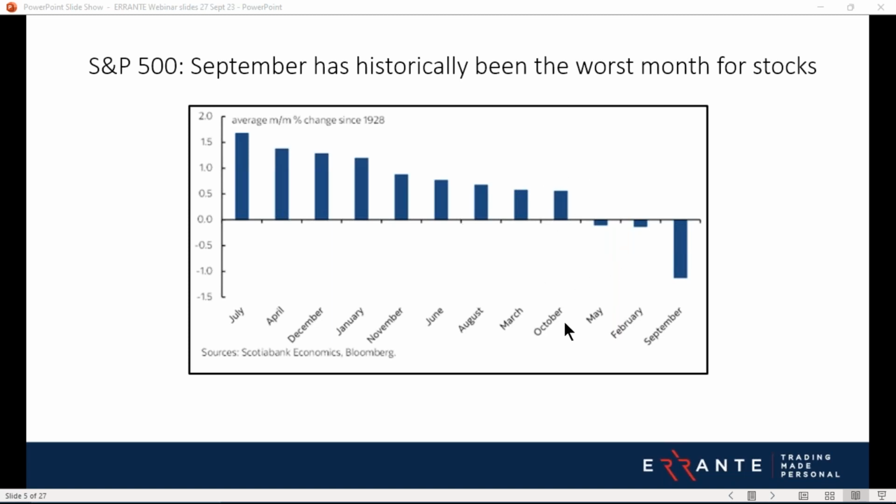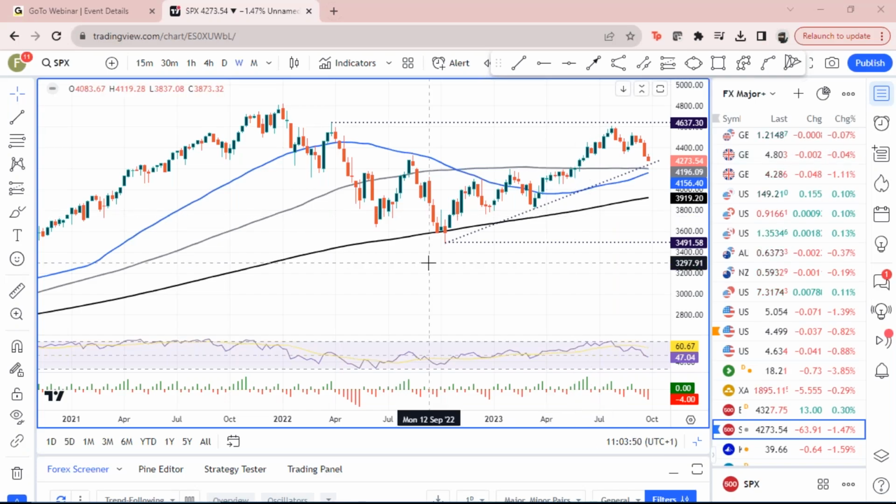Interestingly, October, always cited as a very bad month for stocks, historically probably isn't the case, but it is the fourth worst month of the year. So just bear that in mind. And then we have December and November generally quite positive, you can see there. Obviously no guide to what happens going forward, but just potentially interesting, and certainly September not proving so good for stocks at the moment. If you bear with me one second, I'll pull up our first chart, which will be the S&P 500 weekly chart that we generally look at.